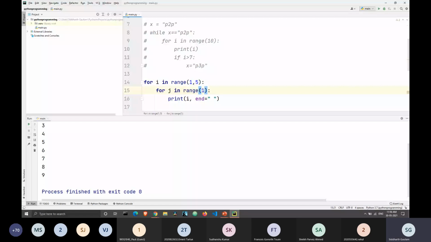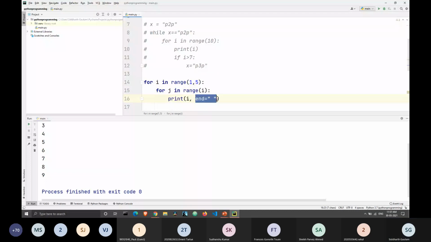That's why the range of j will increase from 1 to 2. And as the value of I keeps increasing, going from 1, 2, 3, and 4, the range of j will also keep increasing from 1 to 2 to 3 and then to 4 finally. That's what's happening here. Now let's take a look at what this end is equal to blank space means.